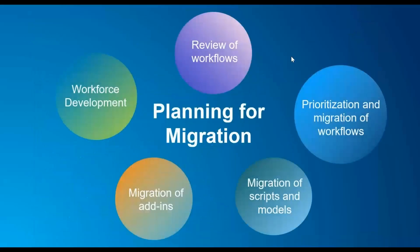So that's kind of why. Now I want to go through some of the different strategies for planning for migration, things to help you get started. We have gone through this process with a lot of customers, and so we want to encourage you to follow this workflow. The first thing is reviewing all your existing workflows that you've been doing for years,